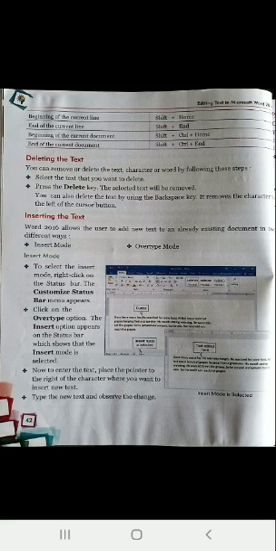Okay, now inserting text. Word 2016 allows the user to add new text to an already existing document in two different ways. The first one is insert mode, another one is overtype mode. In insert mode, bring the cursor where you want to enter some text. Just like you will type this paragraph in your Microsoft Word. If you want to add some text from this full stop, bring the cursor over there and then type all the text from there.